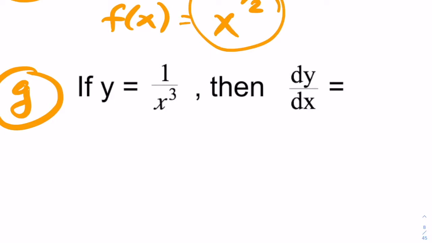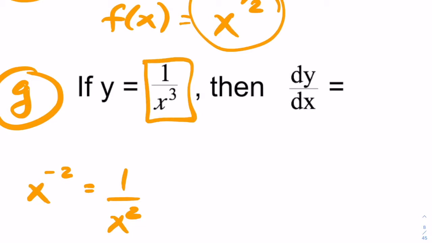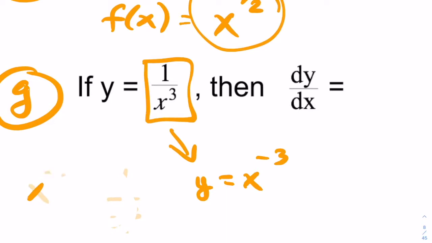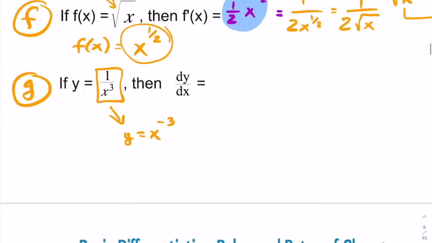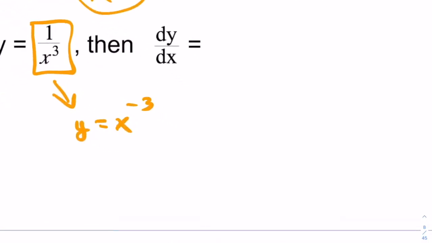Kind of like the same reasoning. Remember how x to the negative 2 is the same thing as 1 over x squared? Well, we're just going backwards here. If you have 1 over x cubed, that's the same thing as x to the negative 3. Okay, so this is how everything connects from all the way back to Algebra 1 or IM1. You got to rewrite it so that you're able to use the power rule, all right? So now that it looks like x to the some power, the derivative is going to be,